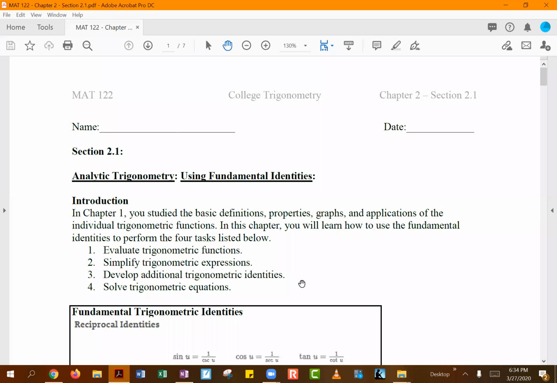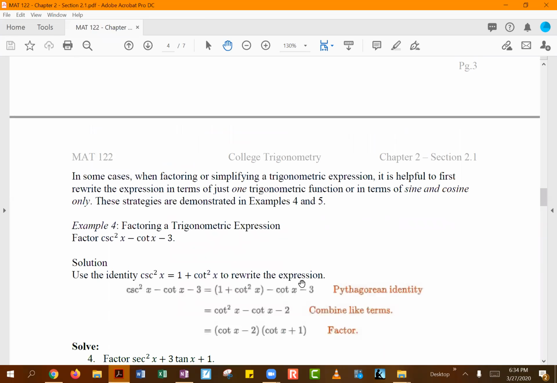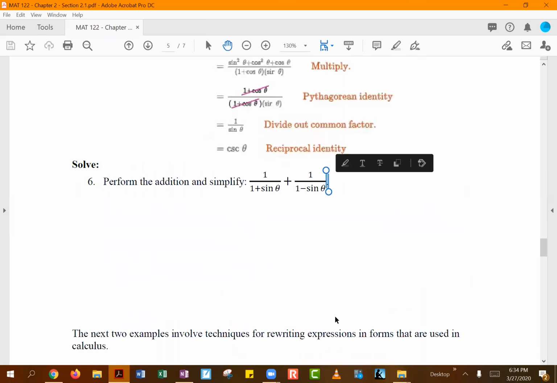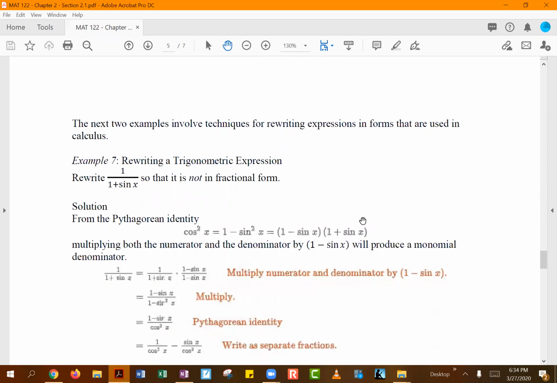Okay, guys, so before spring break, we had started working on chapter 2, section 2.1, and we actually made it through the first 6 examples. So let's pick up from where we left off, and let's see, that should be right here. Okay, so example 6 was the last thing we had talked about, so we need to pick up